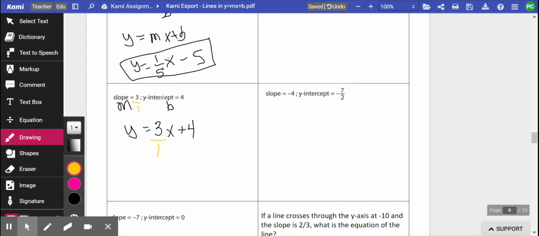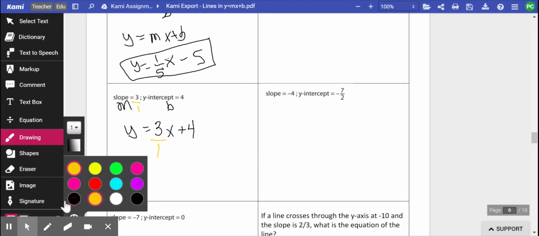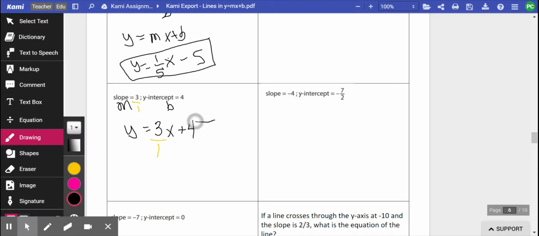And so the only thing you have to change if you have a slope with a whole number value is just put a 1 under it. And then you have all the numbers you need to get from one point to another when you're graphing. So again, there's nothing wrong with writing the equation as a whole number, but know that if you have a whole number for slope, you can make that into a fraction by putting it over 1. And then it's going to make it a lot easier for you to graph using slope in fraction form. So while it looked different, there's just something extra that we have to think about, but it doesn't change the value for slope. Now this one here,